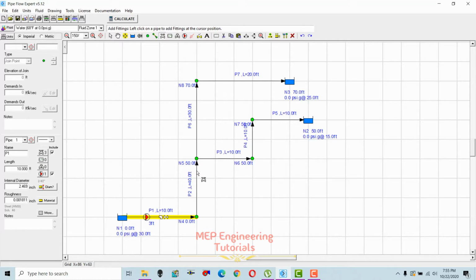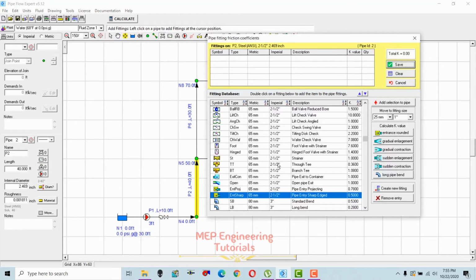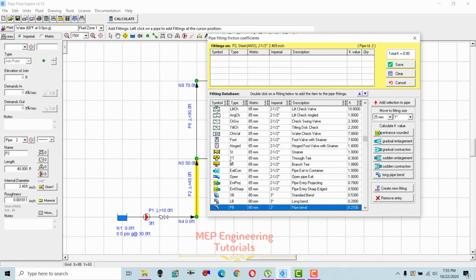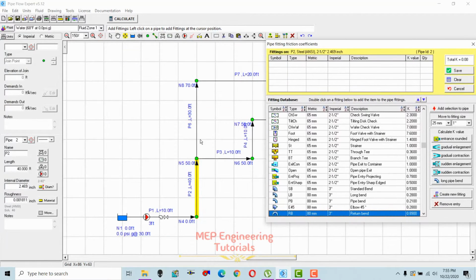So just select the pipe, 2.5 inches, pipe size is same. There's a branch T connection, you can see that there's a branch T connection in here. So I'm gonna select a branch T in here,